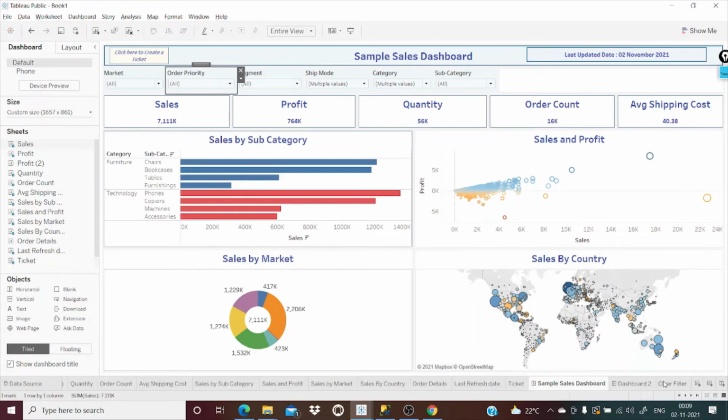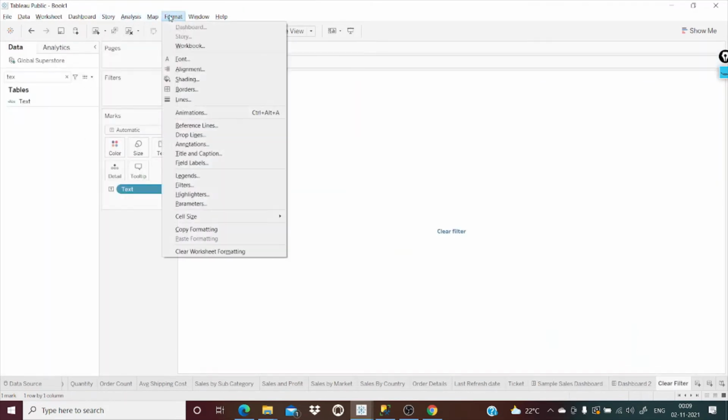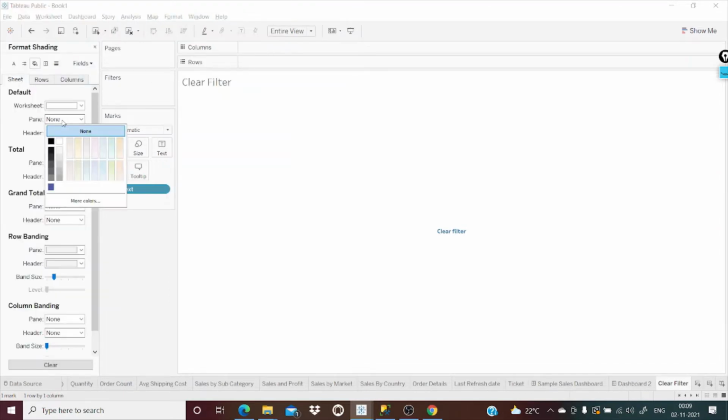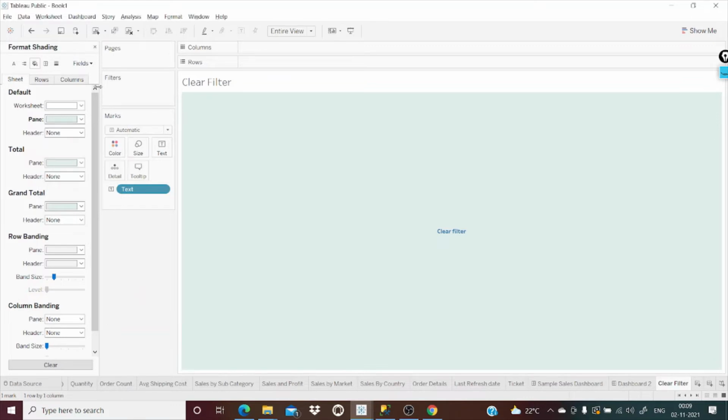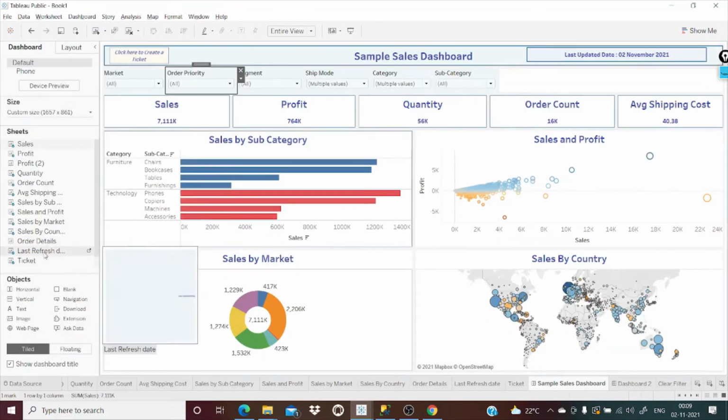Let's change the background color also. Format, shading, sheet. I want it only for the pane, and go with some color that is not too dark. Okay, let it be. Now that new sheet of clear filter, I want to make it floating.